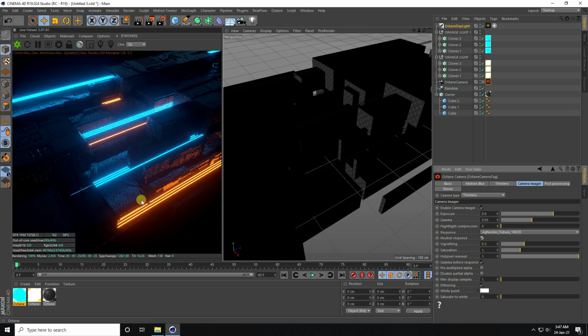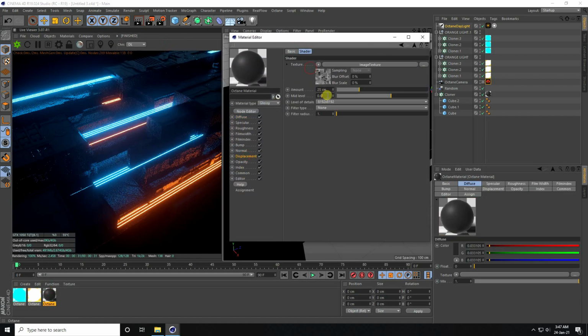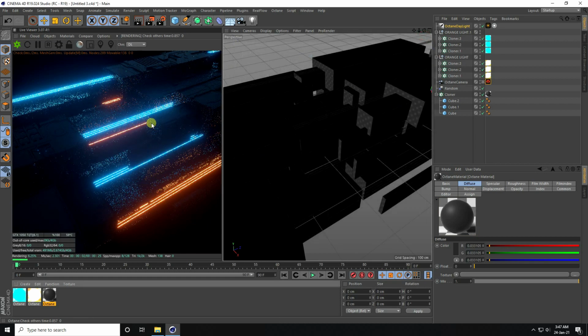Saturation to white I take 0.1. All my settings are really good. Actually, I also changed the displacement map setting, like 20. Much better.